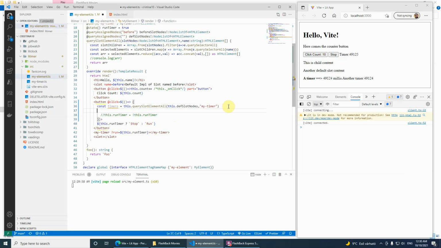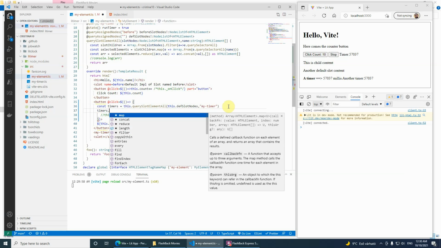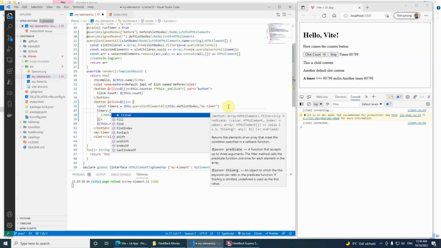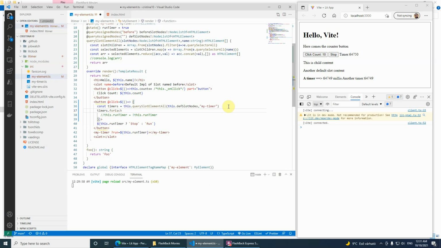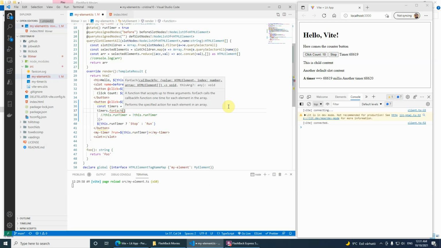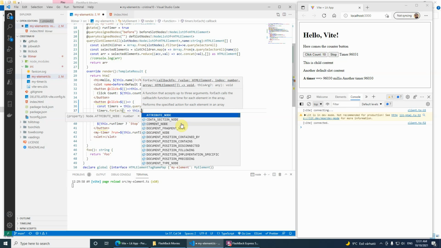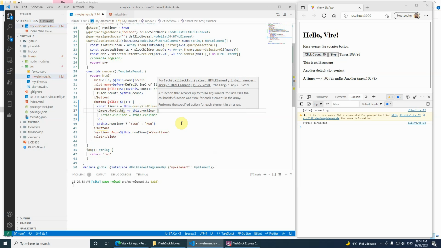That is timers dot forEach, for example, forEach, and execute the timer t, and remove the attribute or add the attribute depending on the value of our runTimer settings. That is t, if it is this dot runTimer